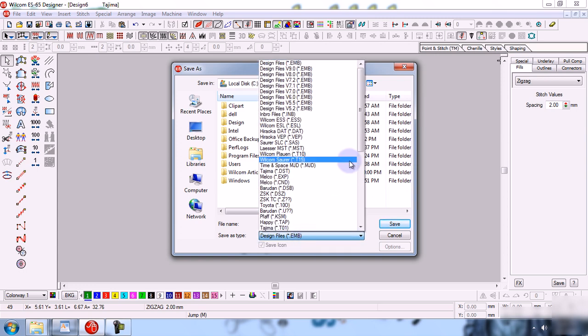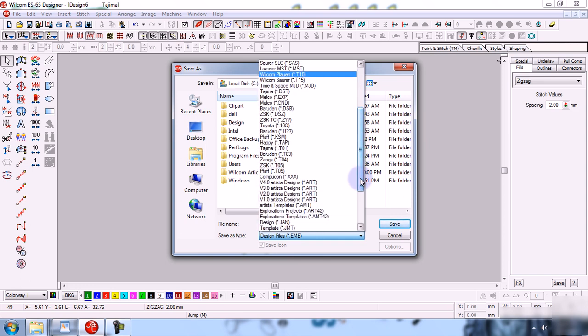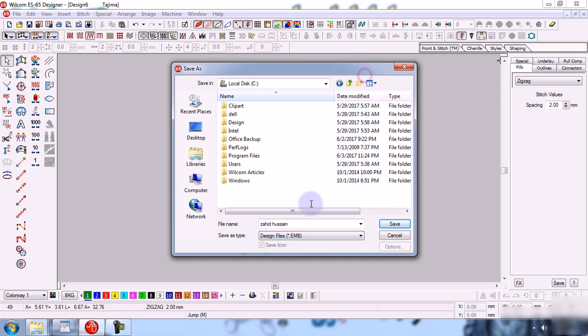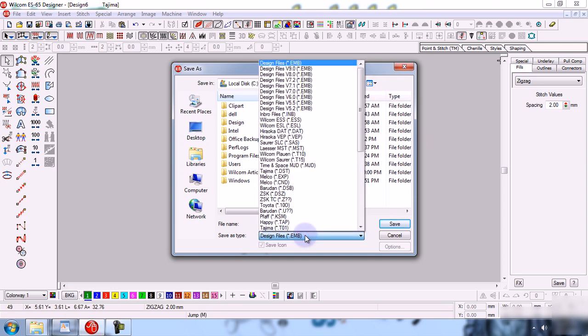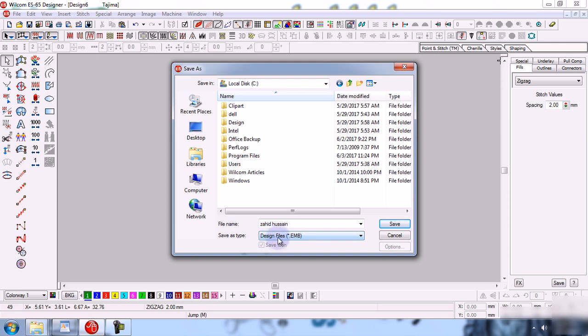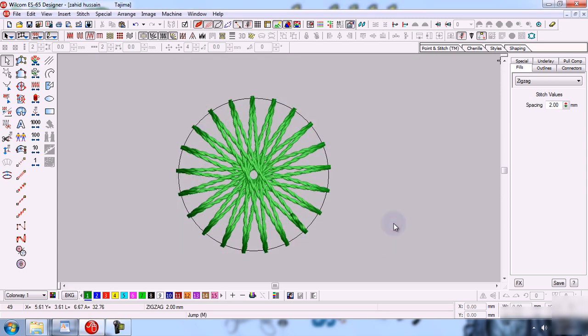After that, when you become an expert, you can save your design according to your machine type, for example Tajima, or if your machine is a spotted triplex format, any type. But in the beginning, while you are learning, you can save your design in EMB format. Then click on the Save button.